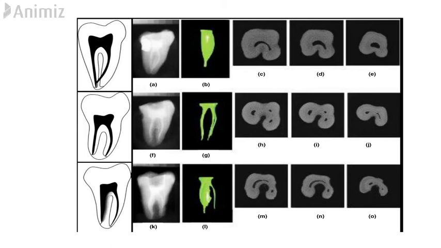The first one is a conical or square root with a vague radiolucent line separating the mesial and distal parts of the root. Here, the two canals, the mesial and distal canals, merge into one before exiting the apical foramen. Remember, a radiolucent line is present between the mesial and distal canals, separating both of them.